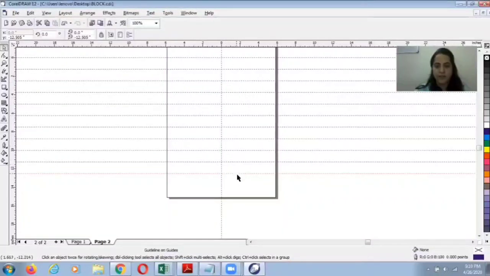Now you can see I have divided this into 1.25 table.